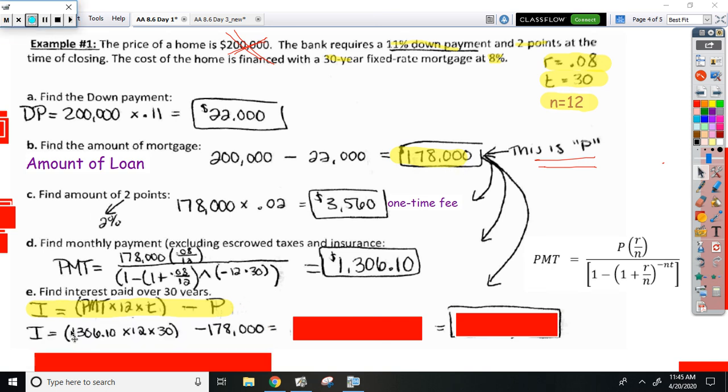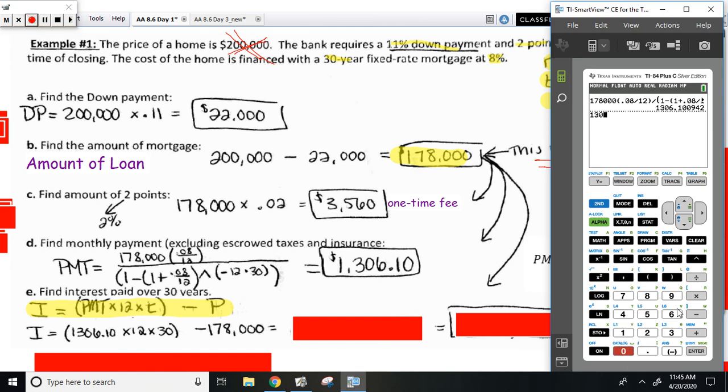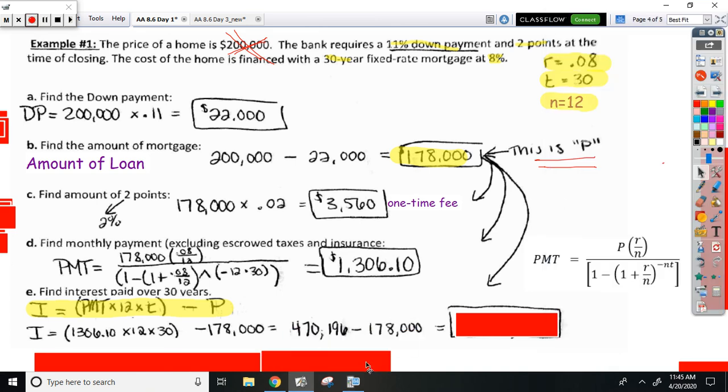So we're going to take 1306.1 times 12 times 30. That gives us how much we're actually paying for the house, even though the mortgage is only $178,000 that we owe. With interest, we're paying that amount. So if we subtract the purchase price of the home, we will get that we're paying